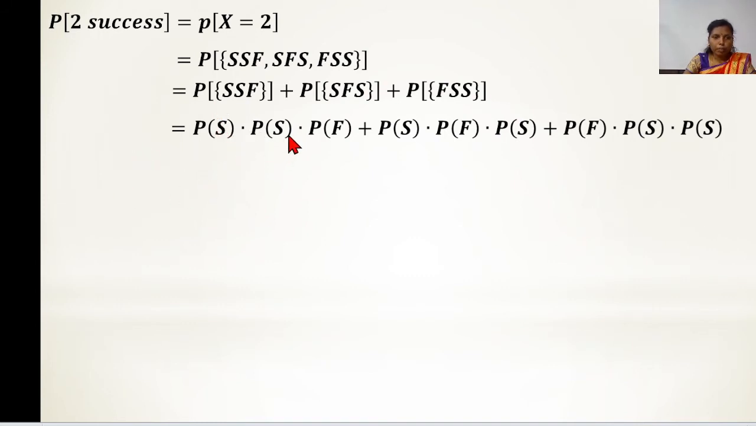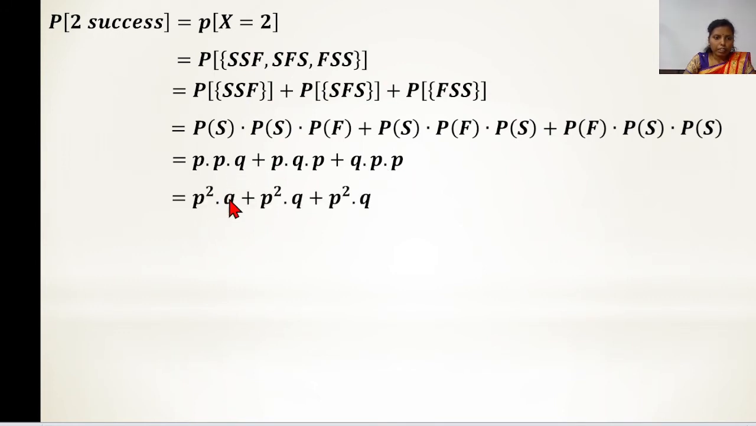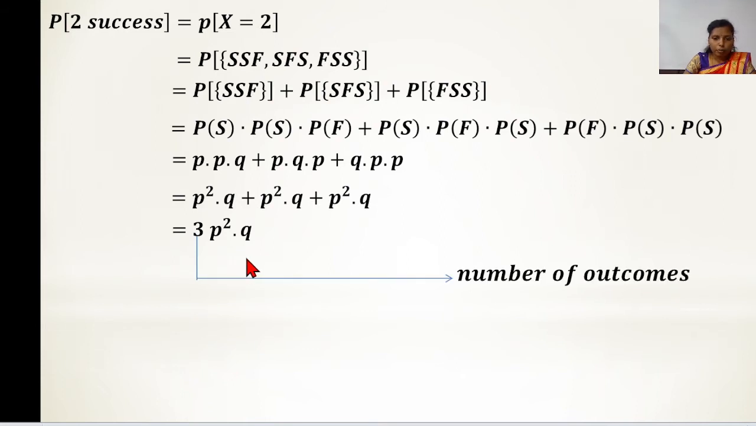so we can separate the probability. Therefore, P of S into P of S into P of F, plus P of S into P of F into P of S, plus P of F into P of S into P of S. We know that the probability of success is P and the probability of failure is Q. Then putting in the values, that is equal to P into P into Q plus P into Q into P plus Q into P into P. That is equal to P square Q plus P square Q plus P square Q, that is, the addition of 3 times P square Q, which is equal to 3 P square Q. Here the 3 is the number of outcomes and P square Q is the